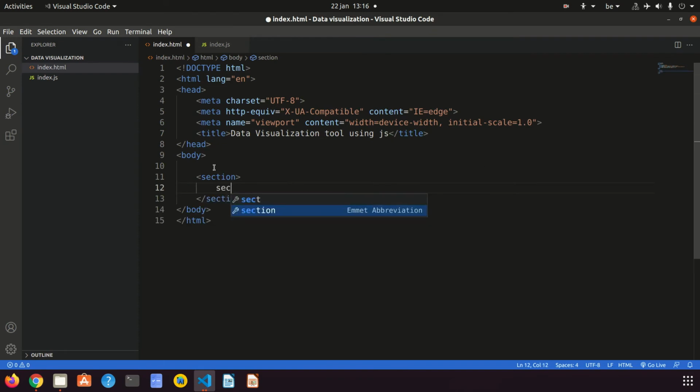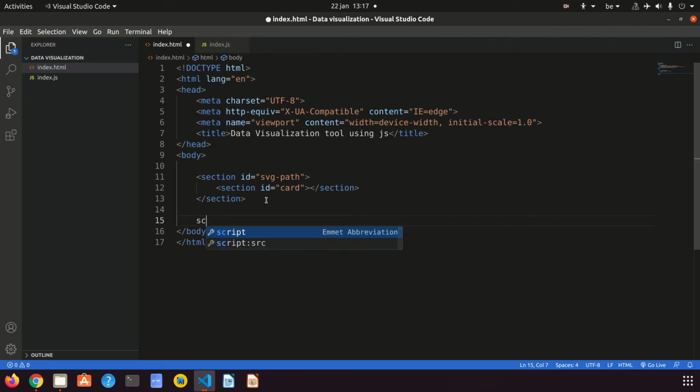Inside of this section another section for card, ID card. You will see in a minute we are going to use it. So for drawing those data lines and data points, we are going to use SVG path. That's why I'm going to give this an ID of SVG path. I'm going to import the script